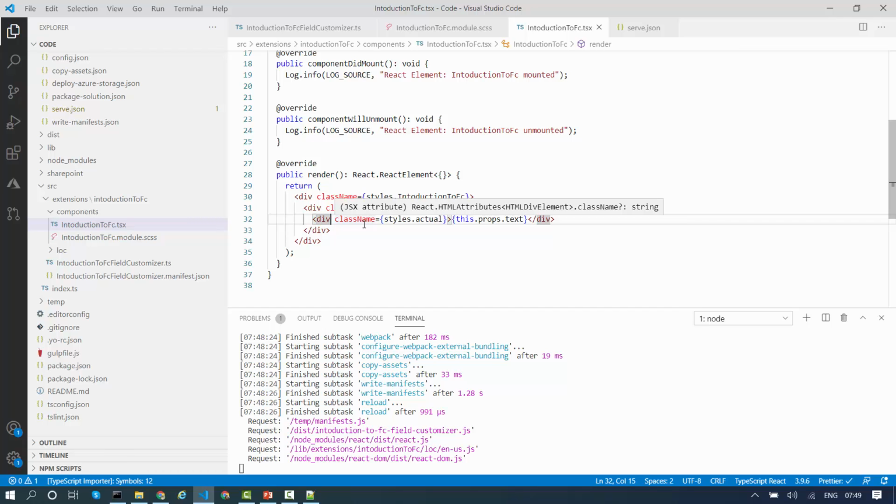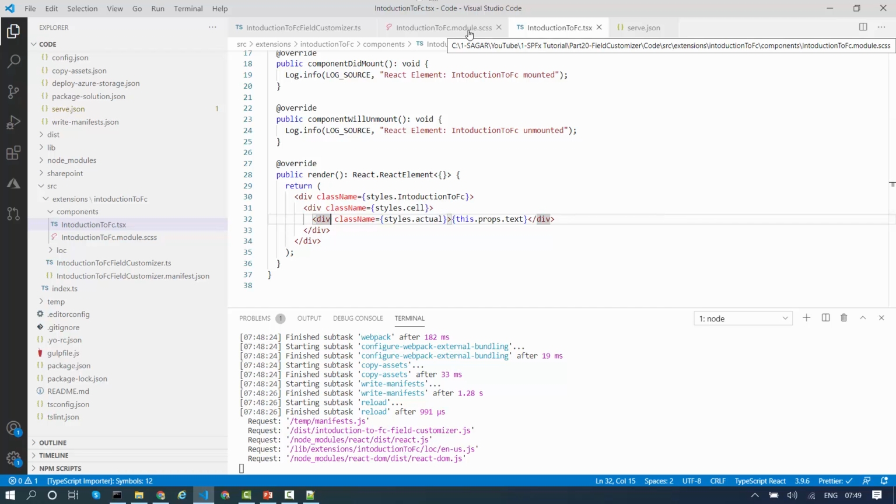So I cannot even set the width in my SCSS file. Let's say if I set the width as 40%, again it will be the same for all the cells. I want my width to be dynamic, different for each particular cell. So what I will do over here,